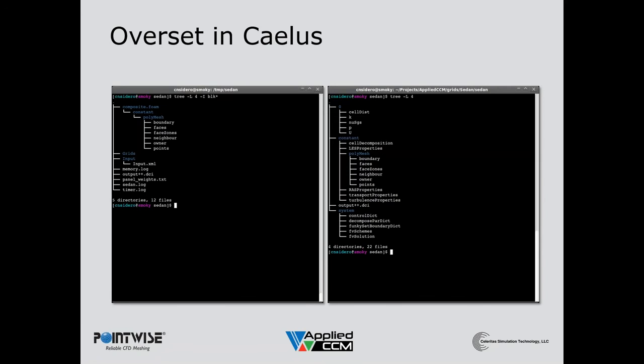That's one piece of information we definitely need for Caelus. And then the other one is this composite.foam, which is a directory. That was the composite mesh element that Travis was talking about earlier, and that actually contains the polymesh. So this is our very familiar polymesh. So all we need to do is take the polymesh and the output.dci file, and we use that to go and build our case around.